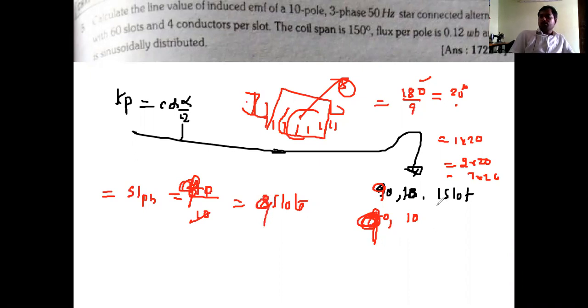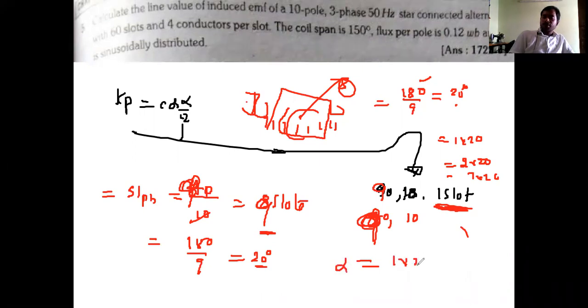But short pitched by 1 slot he gave. Nothing but for 9 slots, slots per pole is 9 slots. Nothing but for 180 degrees, 9 slots. Nothing but 20 degrees. But short pitched by 1 slot, this is for one slot 20 degrees. Short pitched by 1 slot, so the short pitch angle alpha is equal to 1 into 20 degrees. For example, instead of 1, if you give 2, 2 into 20 is equal to 40. Like that, we need to find